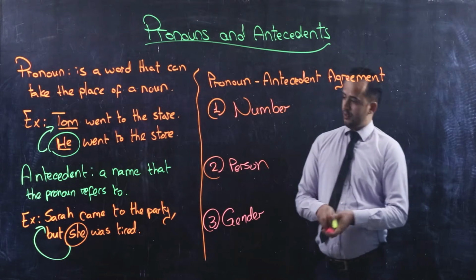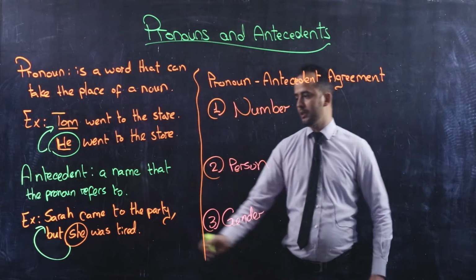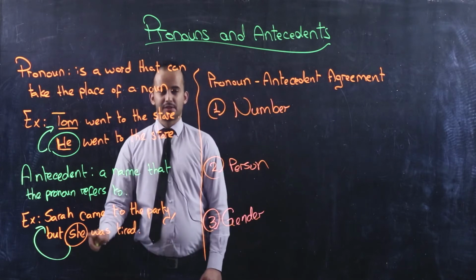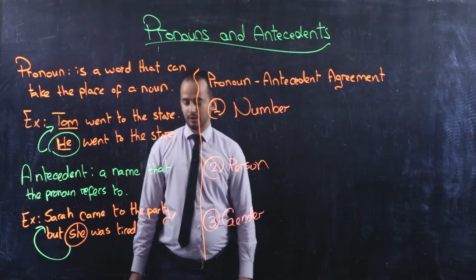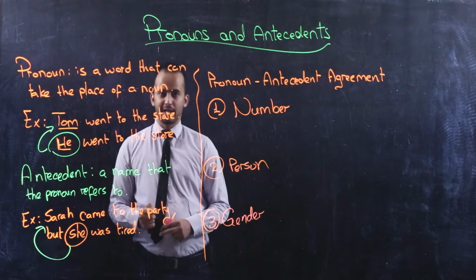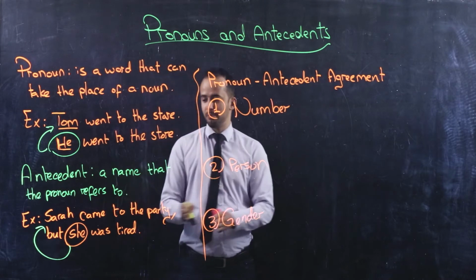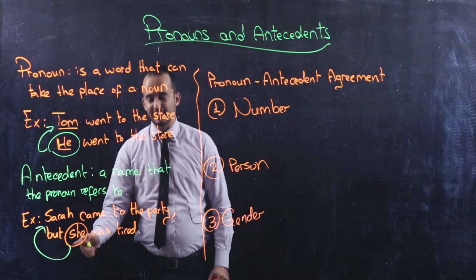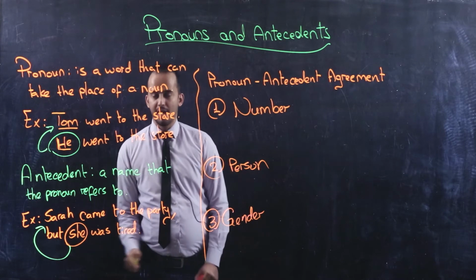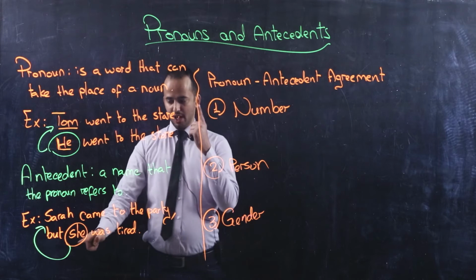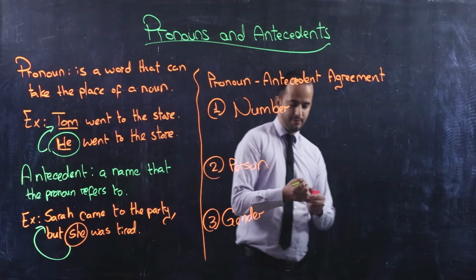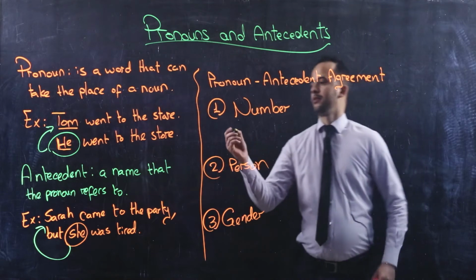Now, she, for example, here is a pronoun that can replace a singular feminine noun. Okay? It's used when we replace a name of a girl or a name of a woman. Okay? So she here agrees with the antecedent Sarah in number. She is a singular pronoun while Sarah is also a singular noun. Okay? So,